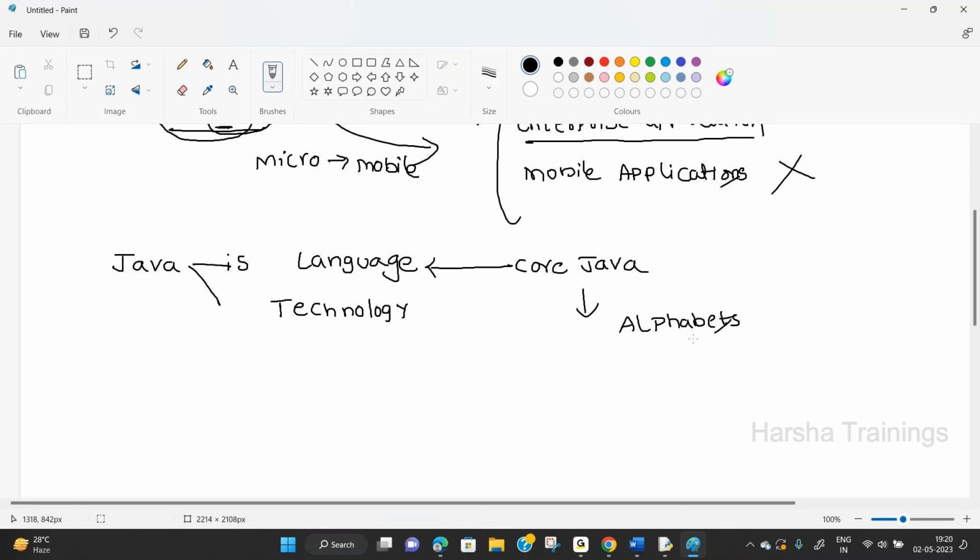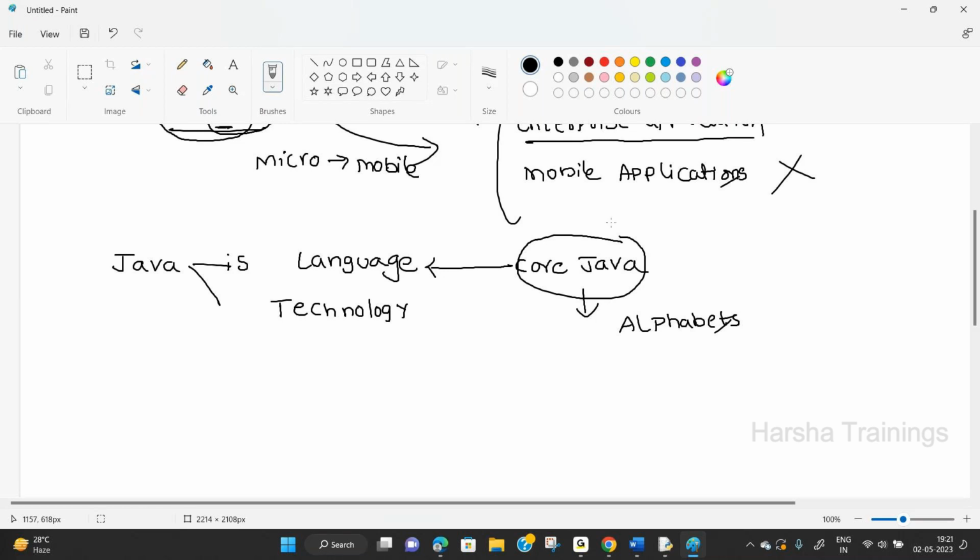You learn A, B, C, D alphabets. Coming to the first class, after completion of alphabets, you learn words. After that, sentences. After that, paragraphs. After that, some pages, etc. That is language, that is core Java. So you are learning all the basic things.